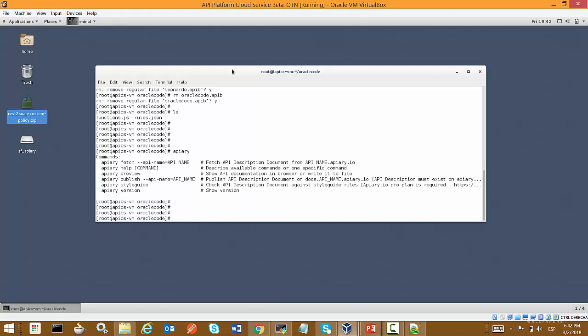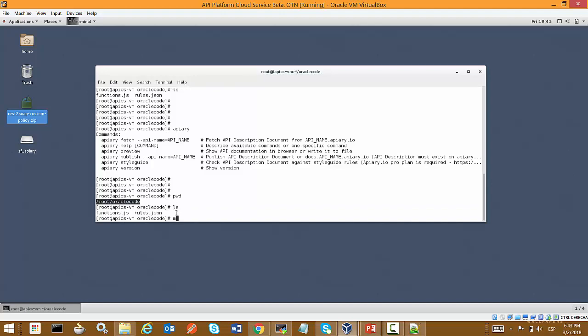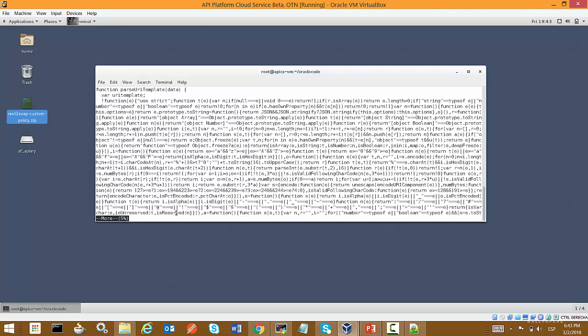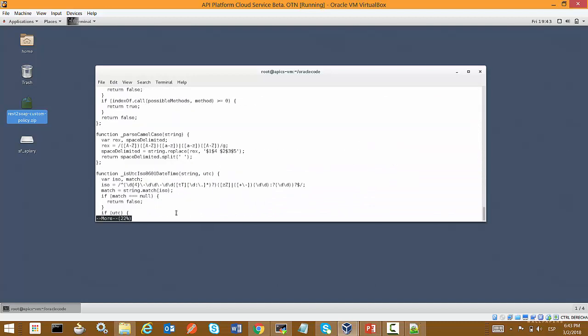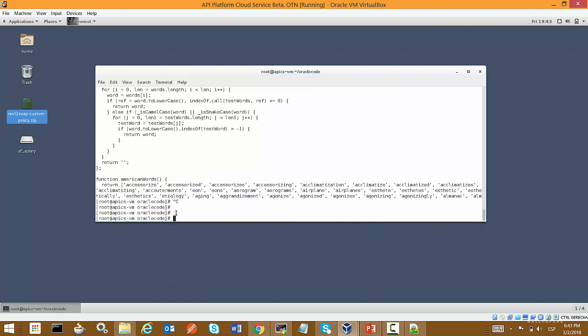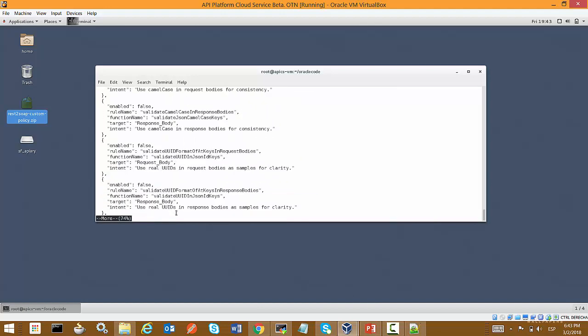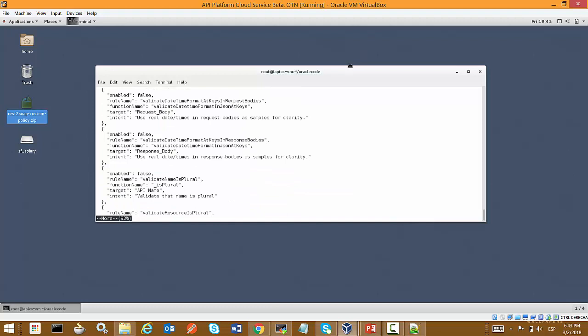So what we are going to do first is we are positioned here in this folder. We have the functions, which are the same functions that Leonardo showed you in the notepad. Also, I have here the rules JSON file, which is exactly the same that I shared with you a few minutes ago.